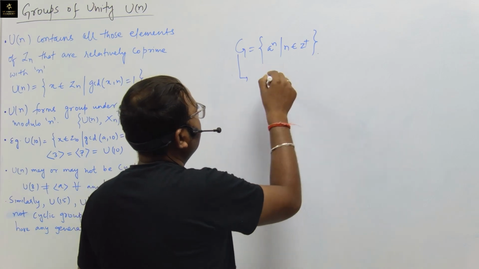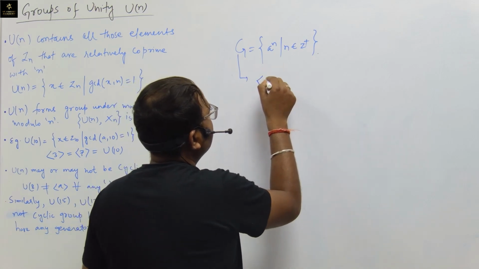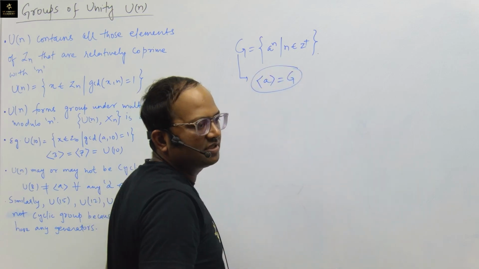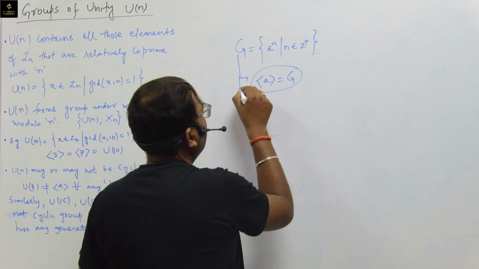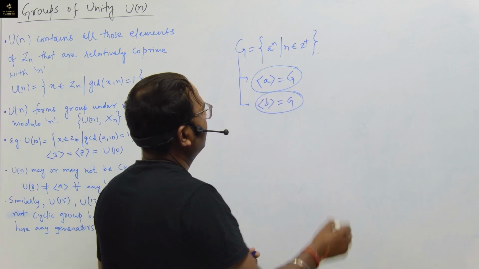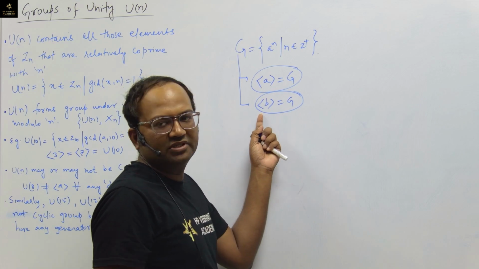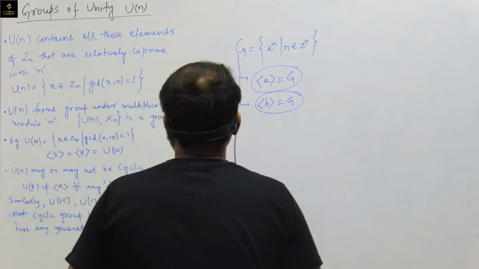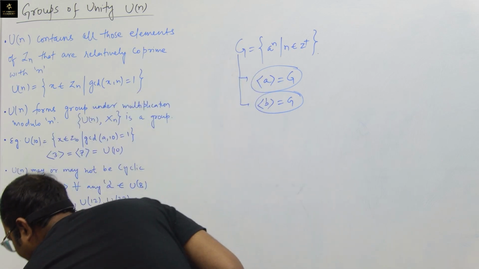Suppose a is generating that group, then we represent this as a is a generator of G. If b is generating that group G, then we have this structure. So here a is the generator and here b is the generator. This we have seen in the previous lecture. Also we have seen that